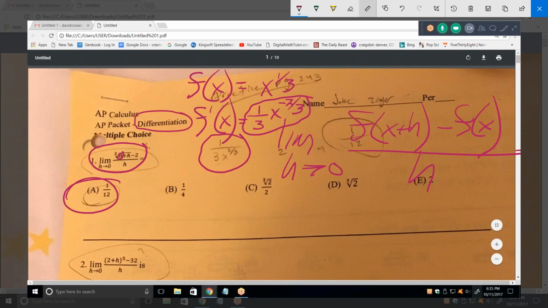Now, this would actually be a limit problem that would be fairly difficult, because remember that usually when we see radical signs in limit problems, we want to multiply by the conjugate, but not when you have a cube root. I'm not real sure how we would solve that as a limit problem. So that's the whole reason they give it to you, is because it's very difficult to solve using your rules for limits. However, if you recognize that it's f of x plus h minus f of x, and we're going to evaluate it when,